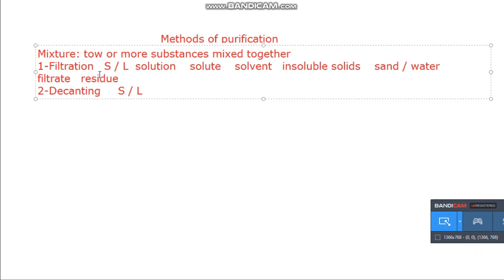But what is the difference between using filtration and using decanting? Decanting is used to separate soluble... No. We said that we can't separate a solution this way. We can separate a solution by simple distillation or fractional distillation, which we will talk about at the end of the lesson. But in these methods, filtration and decanting, the solid is insoluble. Both are insoluble solids, but